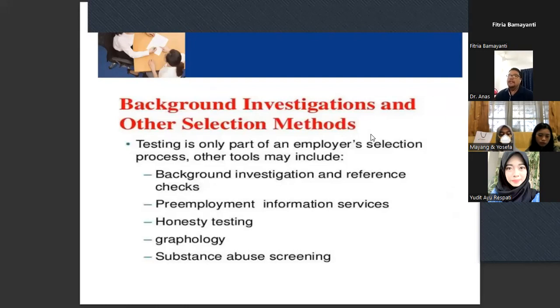Okay, so these are the background investigation and other selection methods. Okay, so testing is only one part of the employee selection process. Other tools may include background investigation and reference checks, pre-employment information services, honesty testing, graphology, and also substance abuse screening. Okay, so for example,